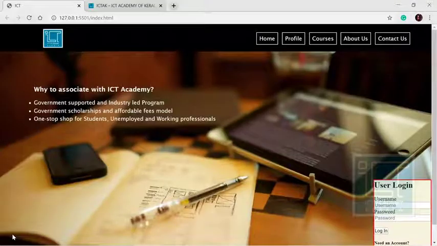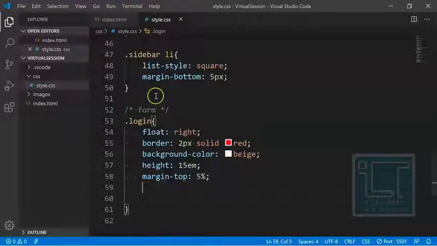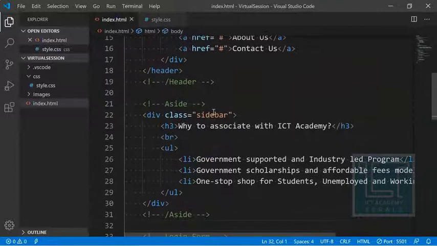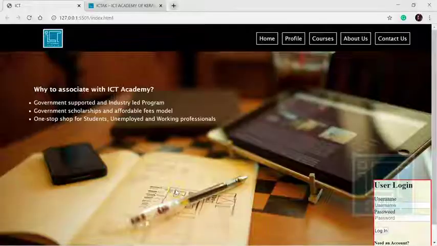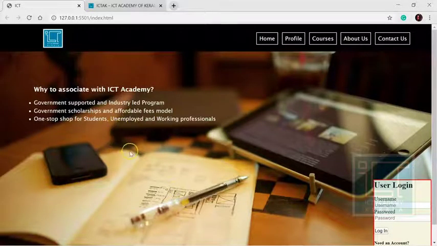Then, since this is not coming, even though I'm setting the margin to 5%, the current margin of this particular form is based on this content, that is, based on this aside portion. Since the aside is just above the form, our form margin will be based on the above contents, that means based on the top contents. So its margin is not from here or here. Its margin is from here. So basically, the 5% will be constituted from here.